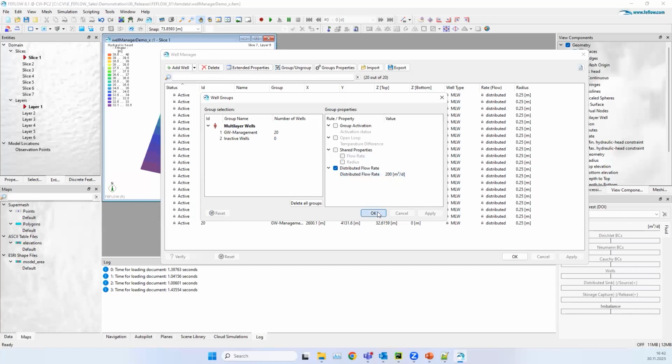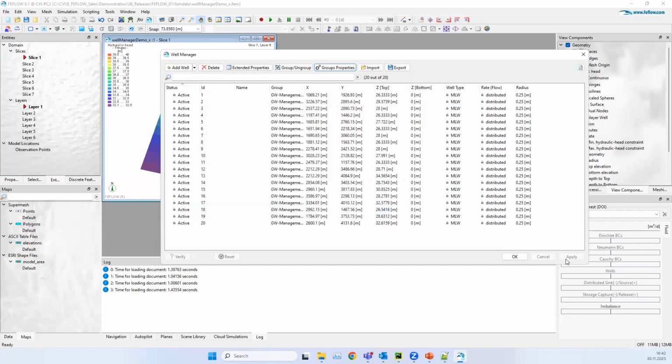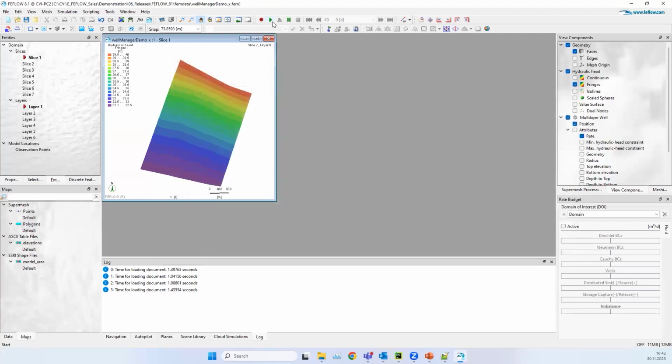I can add a distributed flow rate rule, which basically will bring the same results of the previous exercises because it's just splitting equally. To make it maybe more interesting, what you can also apply in these cases,